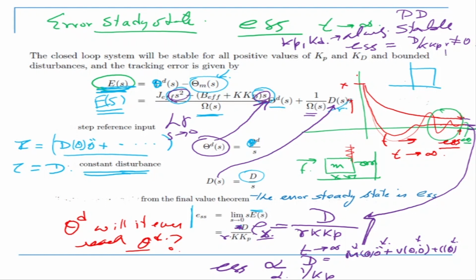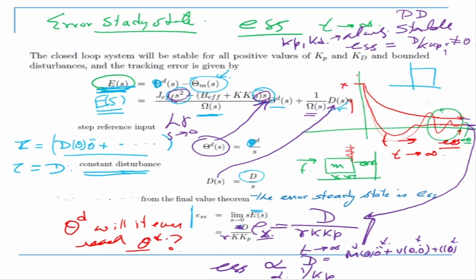But because there is a gear ratio sitting in the denominator, if you have a very high gear ratio, your error will be very small. This also shows the importance of the gear ratio in this full control structure, because the moment the gear ratio is very high, your steady state error will become small. If your proportional gain is high, again your steady state error is low. And if the manipulator is moving very slowly, then again your error is less.